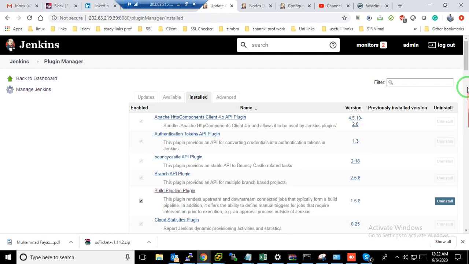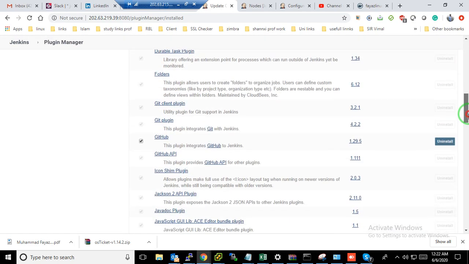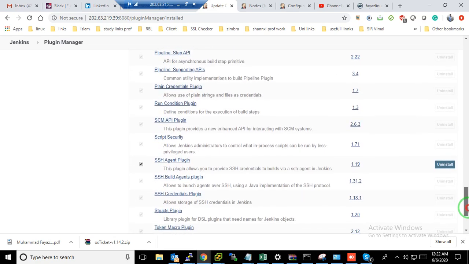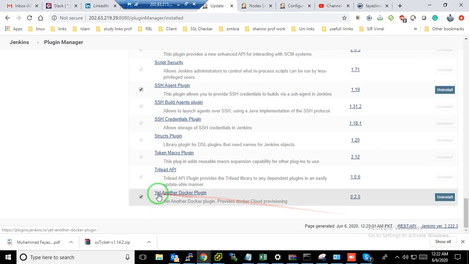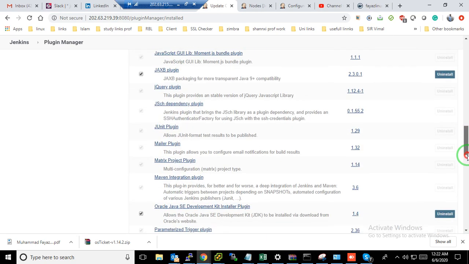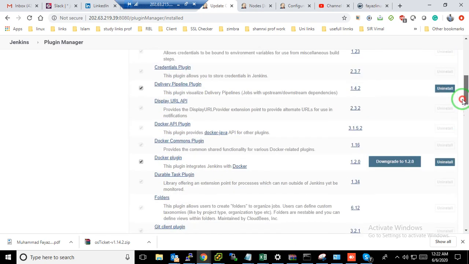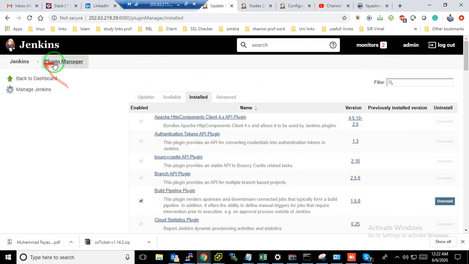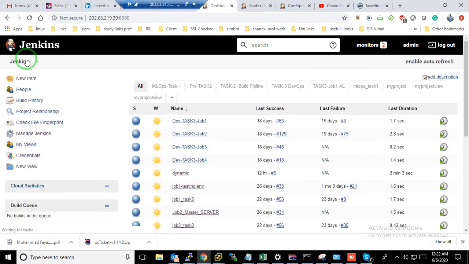I have already installed them on my server. One is the Yet Another Docker plugin and the other is the Docker plugin. Once you have added them, restart your service or restart your Docker.